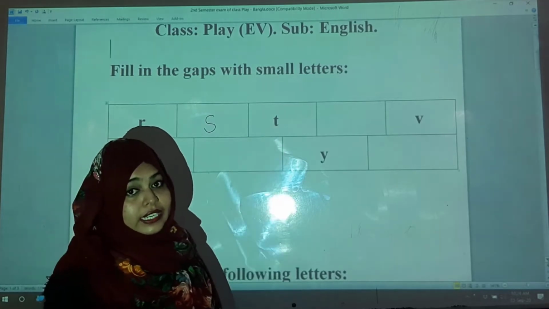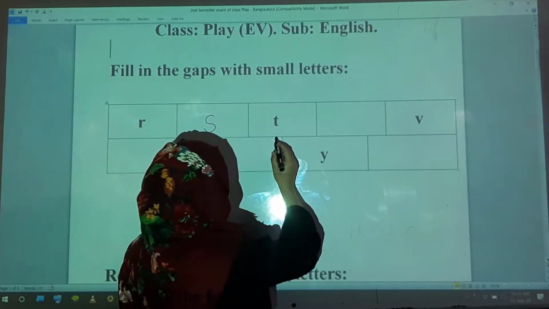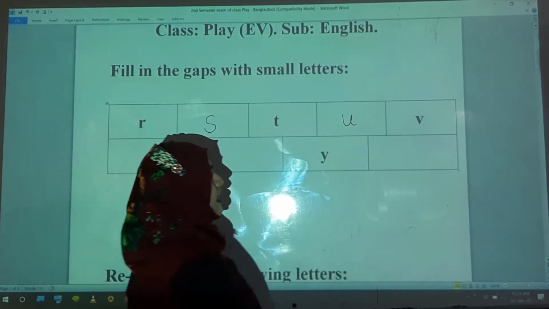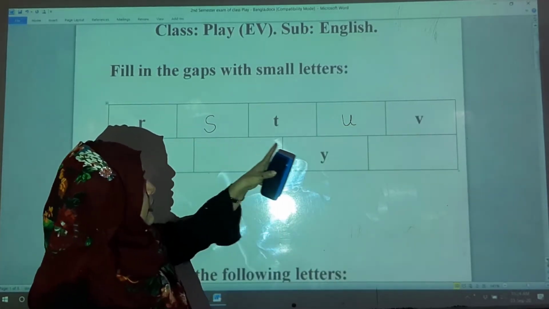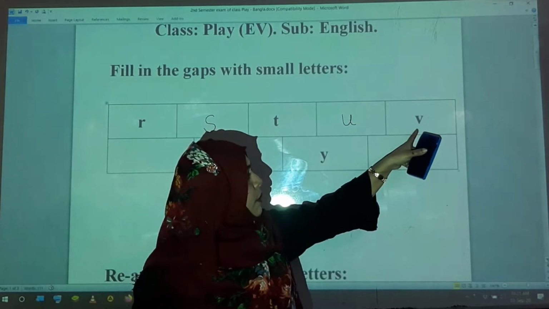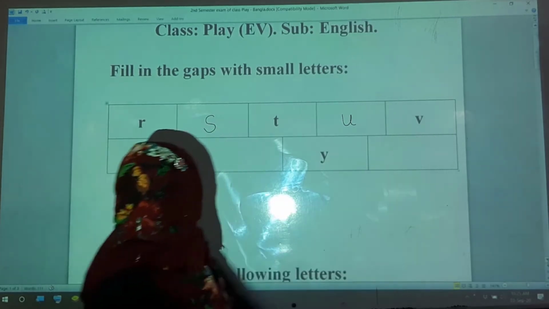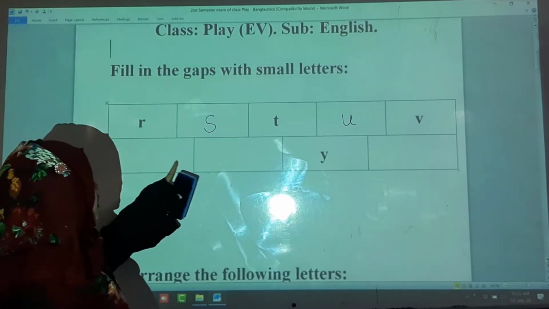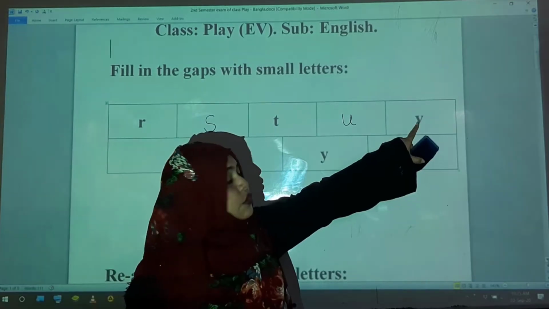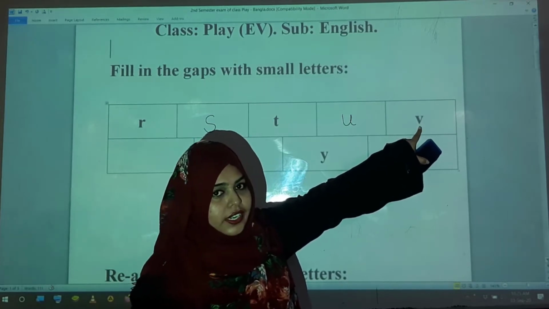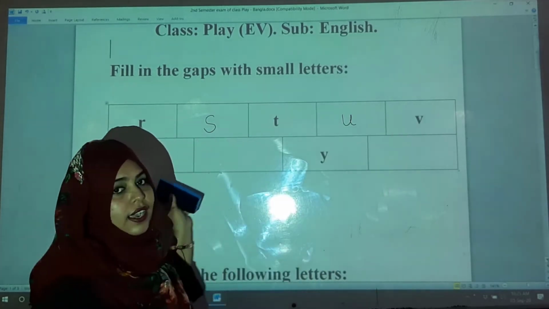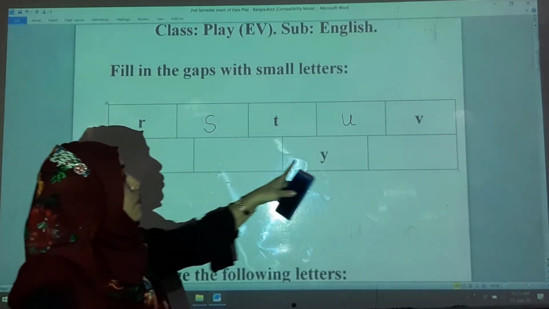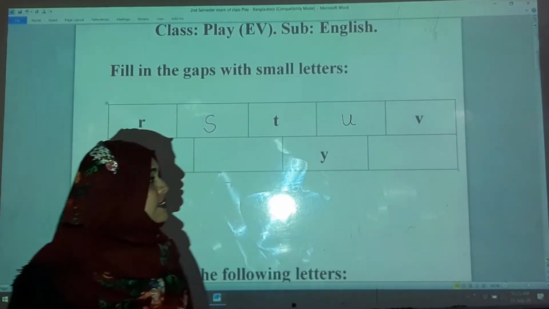Look at this. Here we have T. We have to write down U. U is just like that. S, T, U, V. Look at this. It's V given. And here our two boxes are blank. Don't be afraid. You have to fill these boxes with the sequential letters. You have V here. You have to recite the other letters. V, W, X, Y, Z. You have to just recite them